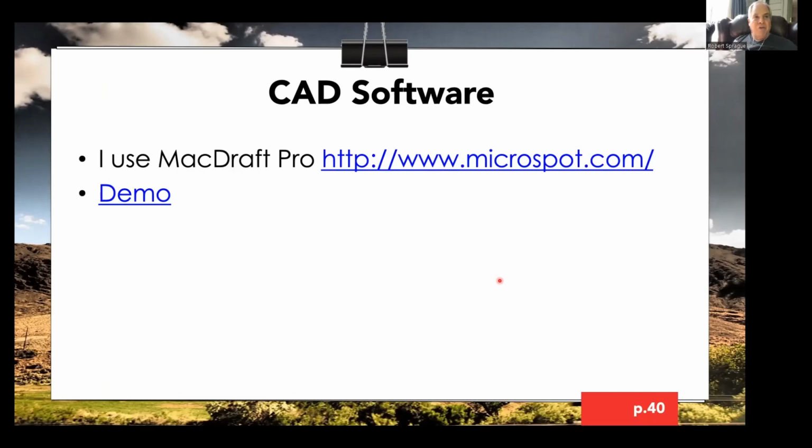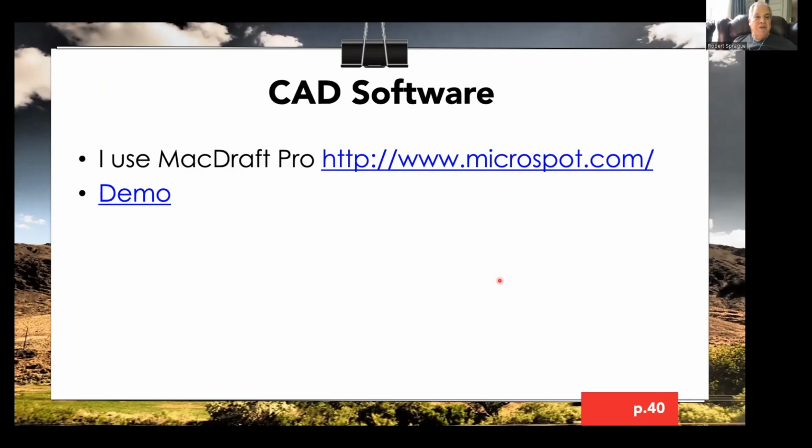Bad news is it's not a model railroad specific program. So if you're looking for something where you've got a grab bag of turnouts and curve templates and things like that, you have to build your own. Although I'd happily share the ones that I've done, if you happen to be a MacDraft user, but you have to put up with my idiosyncrasies for how I do it. It's also a 2D program. It does not